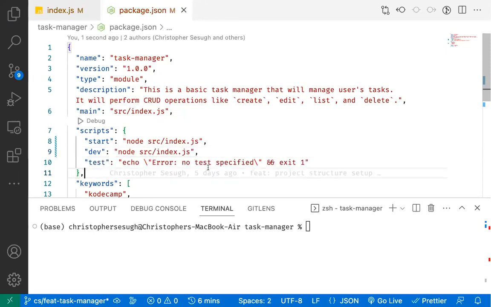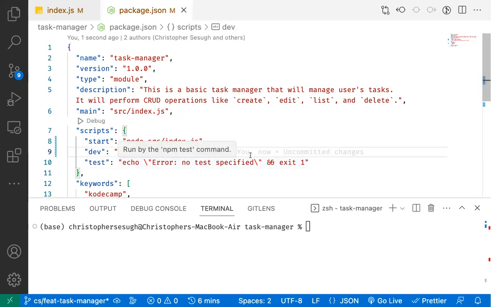Let's assume for the dev command we're using nodemon, and then we'll say something like nodemon. But when we push this,